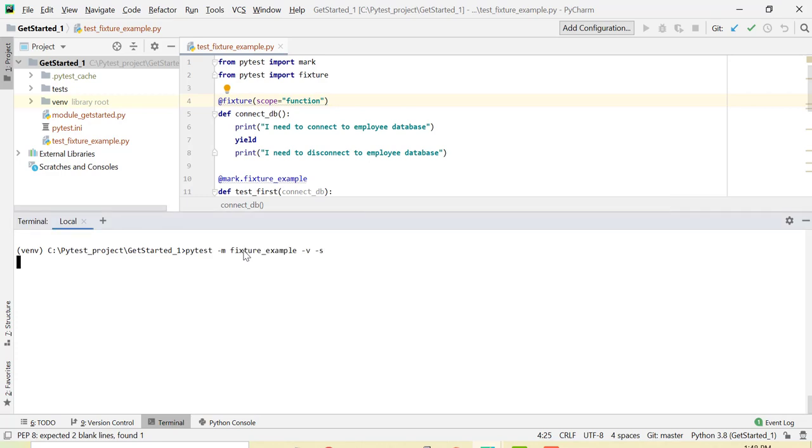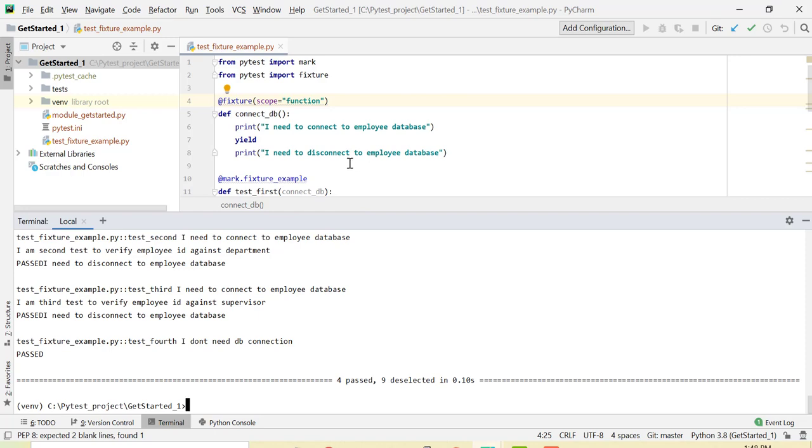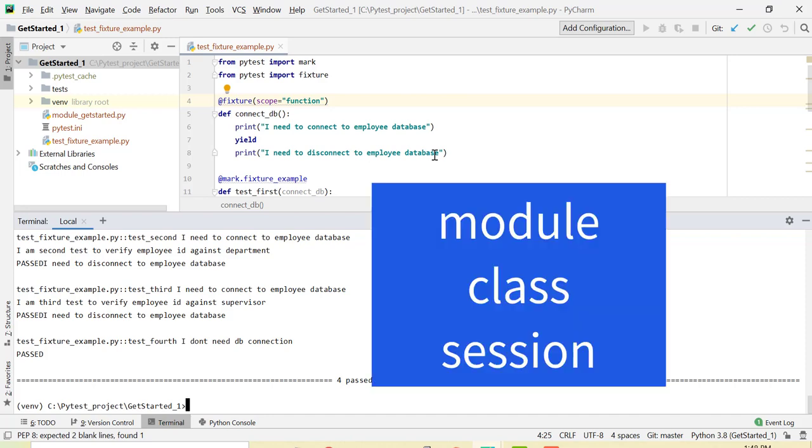Every time a test case is invoked, the fixture is invoked. That is, setup is invoked before the test case is executed, and teardown is invoked once the test case is complete. And so that was an expensive operation. The other kinds of scope are at class level or module level, and the third one is at session level.